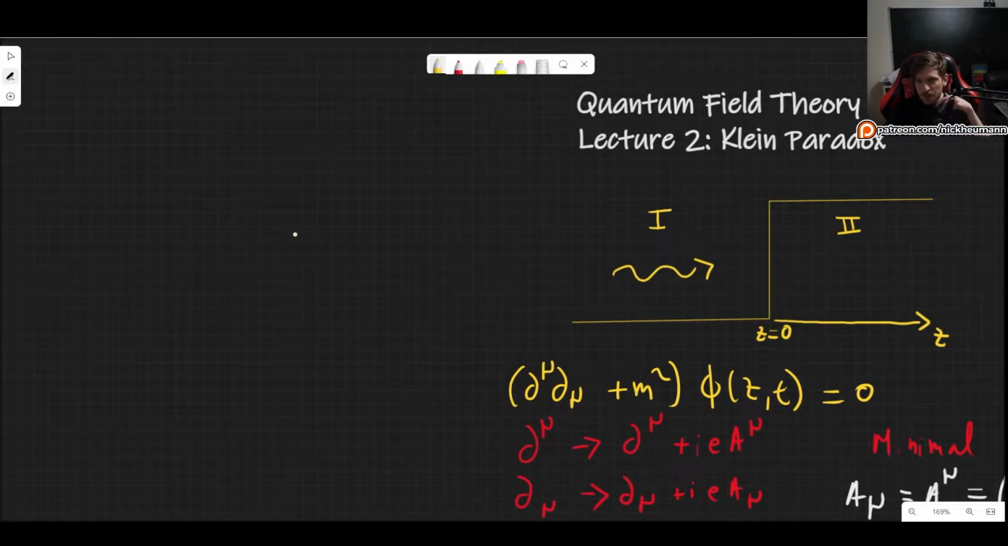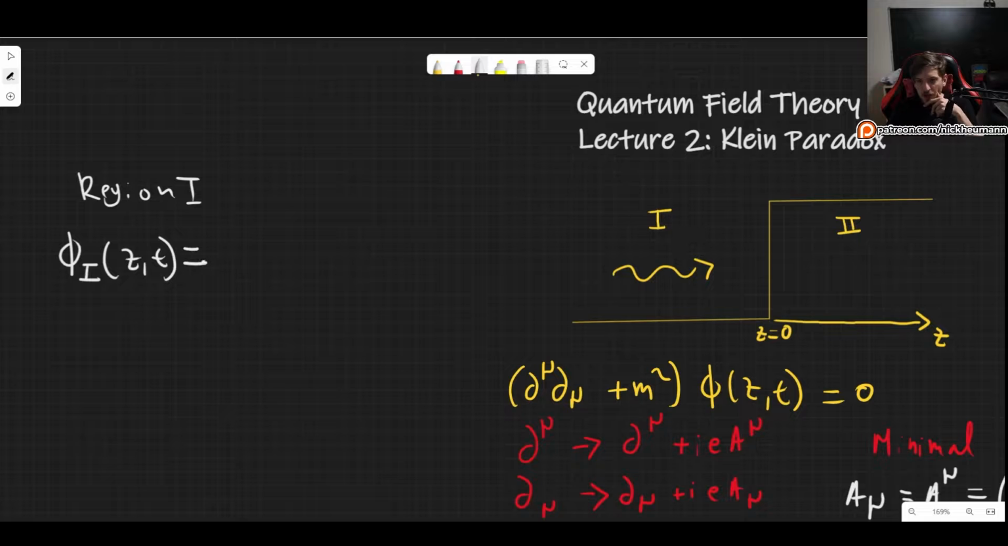What we can do is the following. We say, okay, so in region 1, there is no potential. So I expect that my wave function in region 1, which will of course depend on z and t, will be some incident wave